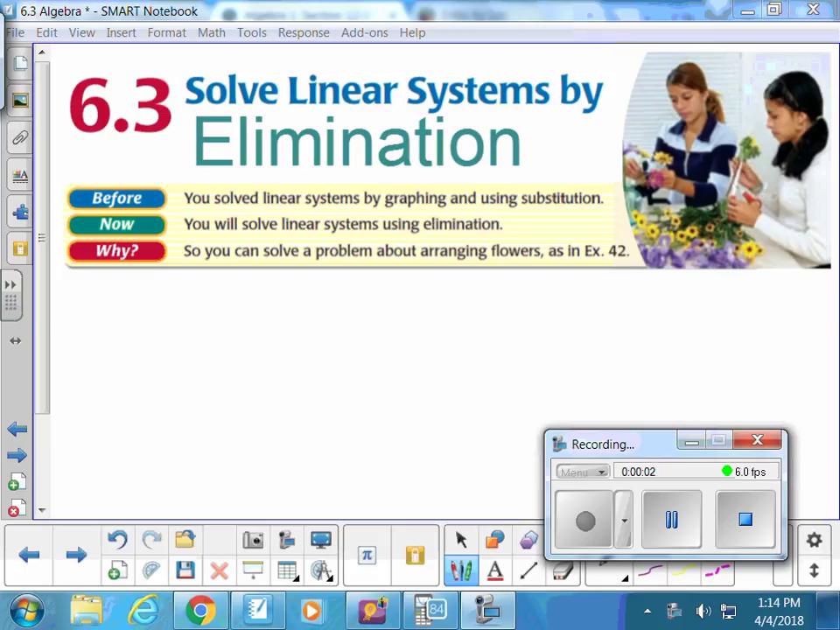What's up, math scholars? We're learning elimination today, so that'll be fun to go along with the other two methods for solving, substituting and graphing. So who's excited? Our final method,